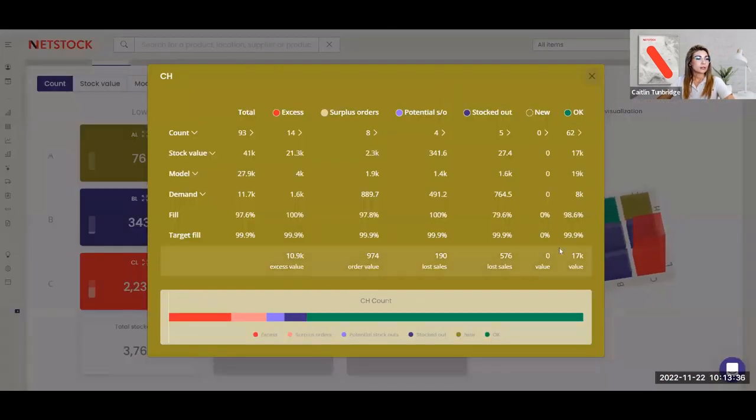So looking at that grid there, we saw these C high items. So these are C, which means they're in the bottom 4% of contribution, but they're high movers. So now they're in the top 80% of product movement. So these are our fast moving, inexpensive items. They're moving quickly, customers are buying them, but they're not costing us a lot